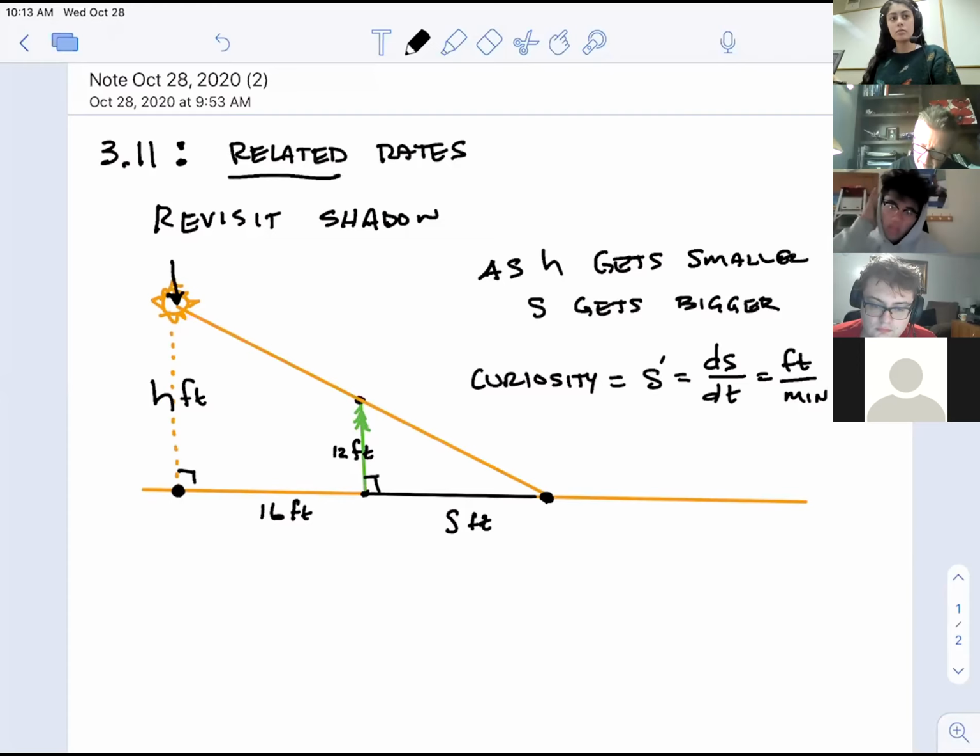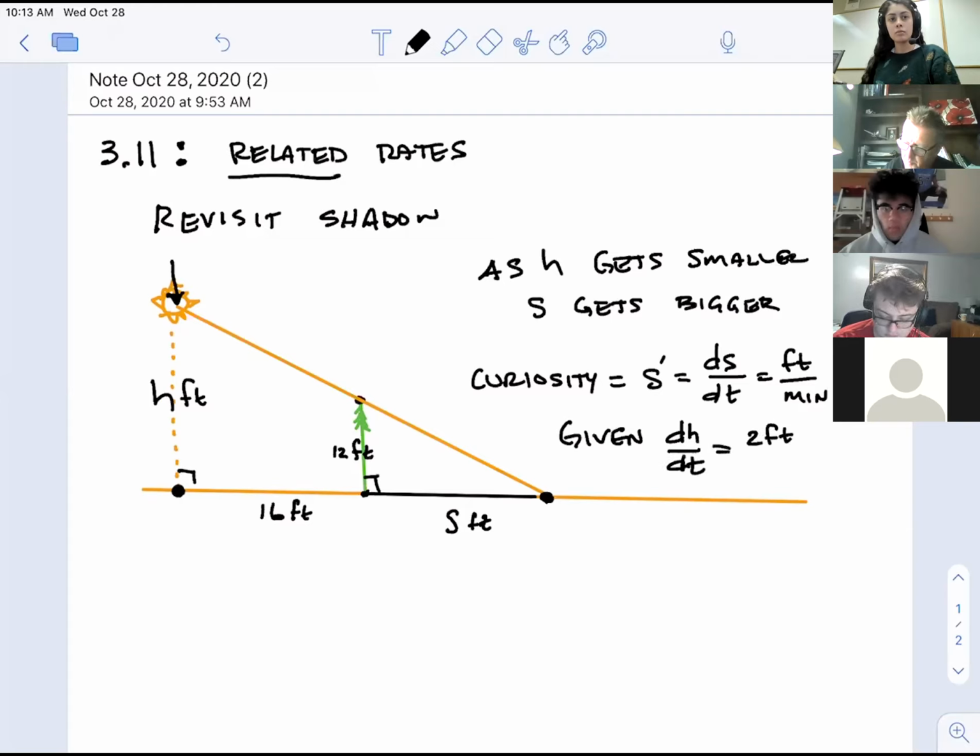And so let's give that a rate. Let's say, given dh dt is equal to 2 feet per minute. So we're going to give the sun a certain rate to set, or think of the car driving by, whatever, it's traveling a certain speed, and how's my shadow behaving on the ground as that car drives by me or that sun sets. So we're given one rate, and we want to see how our other rate is related to it. Do you see why mathematicians call this section related rates? Okay, let's dive in.